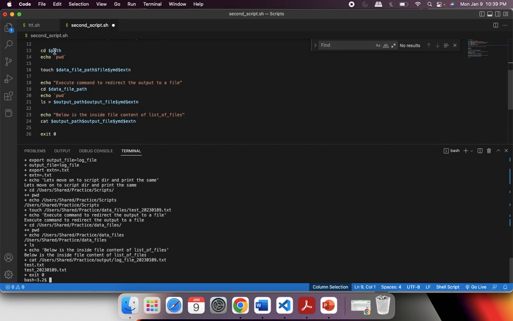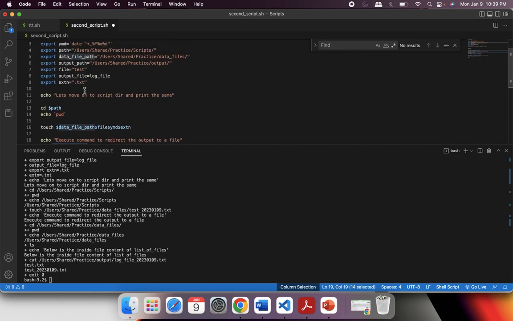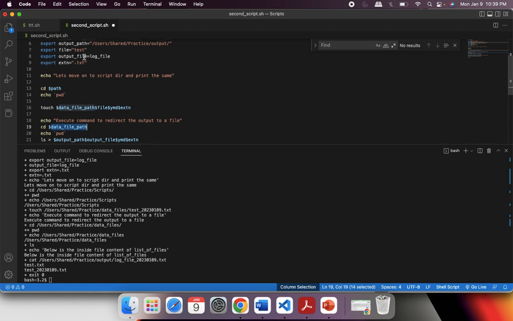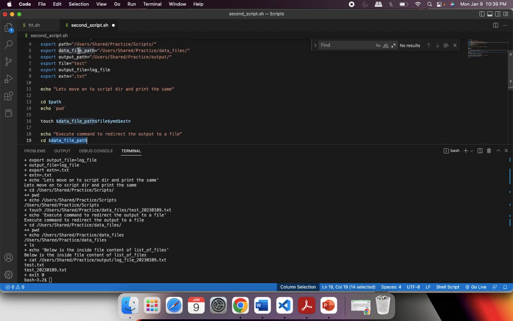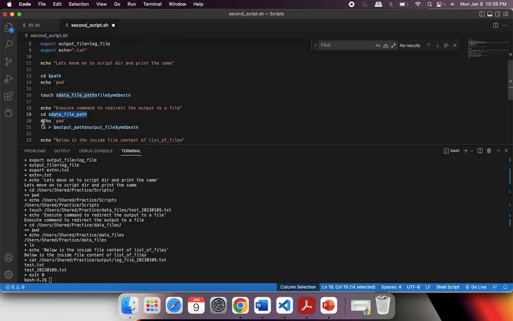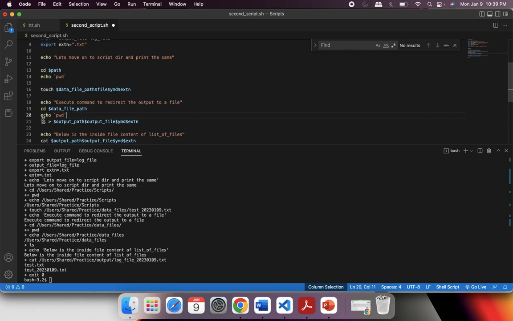Initially we were on the script path, now we are in the data file directory, which is the data file path, where exactly we created this 0 byte file. So we are moving on to that one. Now again, of course, in your real-life scripting you won't be including so many echo and pwd commands. As we are learning, we have included these, and then we are executing this